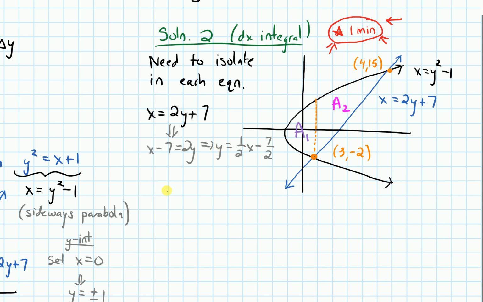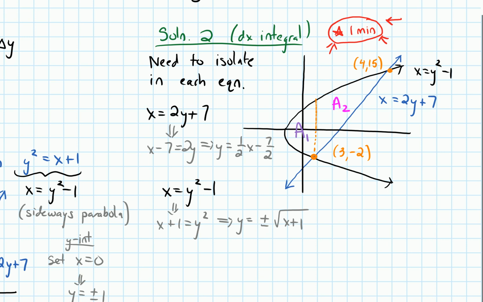Now if we do it for the parabola, x equals y squared minus 1, I can move that 1 over and get x plus 1 equals y squared. Then square root both sides to get y equals, and anytime I square root both sides of an equation, I have to put a plus or minus. We get plus or minus the square root of x plus 1. So that gives us 2 possibilities: y equals a positive square root and y equals a negative square root. And we've reviewed what the difference between these is graphically